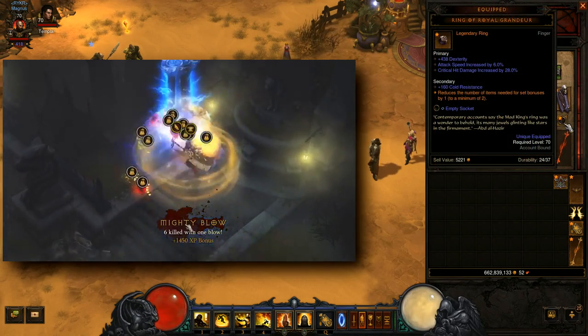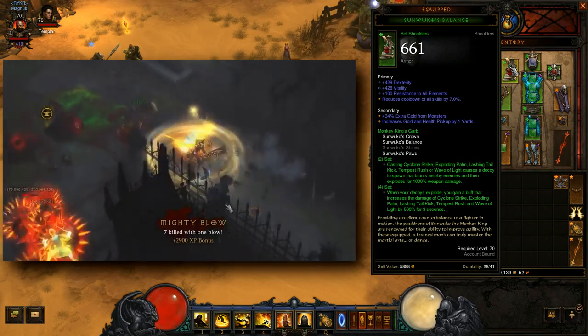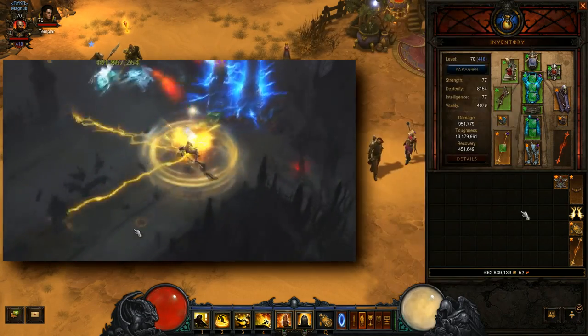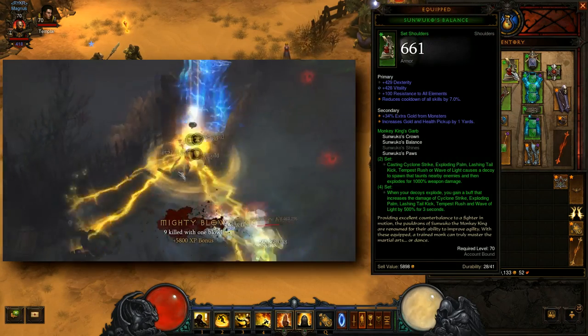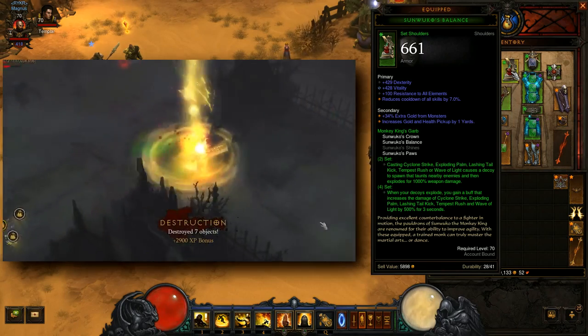Of course, you're going to have the Ring of Royal Grandeur, so the set bonuses you're gunning for are the 4-piece bonus on Sun Wukong's, the 4-piece bonus on Inna's, and the 3-piece bonus on Aughild's. So for your shoulders, you're going with either Sun Wukong's or Aughild's, and you'll want Dex, Vitality, All Resist, and